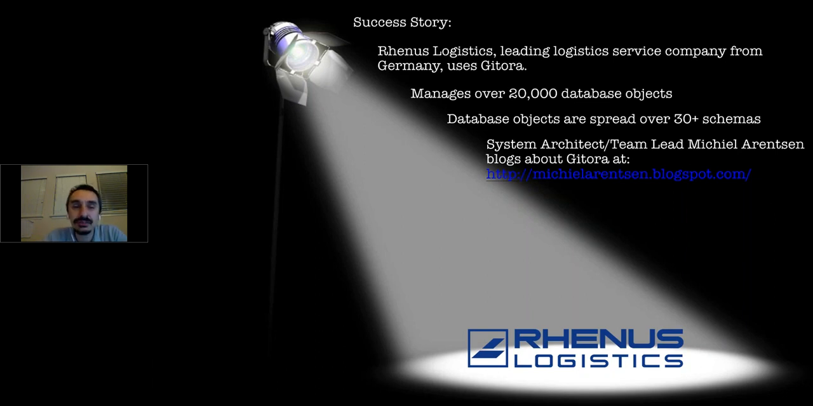They manage, and they're live, they manage more than 20,000 database objects in Gitora. These objects are spread over 30 schemas. And it's all in Gitora, and it all works perfectly, moves from one database to the other. And they also have a Java team that ties well into this, so the whole thing works perfectly. And the person who made this all happen is Michiel Arendsen, who is a system architect and a team lead at Rennes. He has a blog,